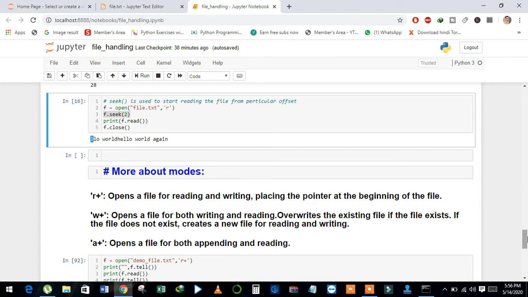That's why I explained the read, tell and seek methods before discussing the R plus, W plus and A plus modes.